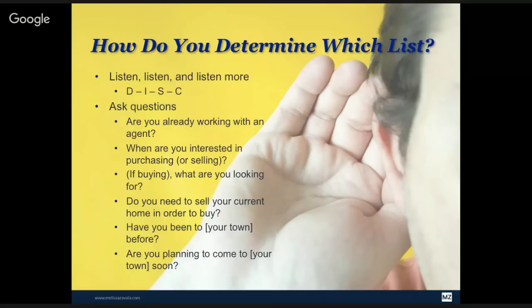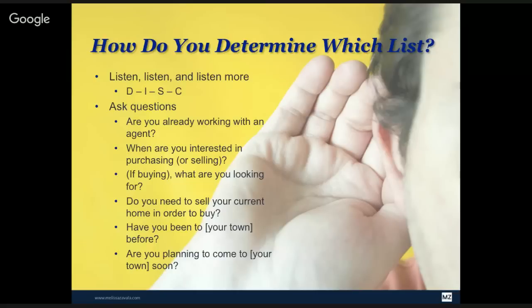So for example, if they're high I, they're probably telling you that they're very concerned about the schools, they're very concerned about the neighborhood, they want to know what sports are going on at the local parks, they want to know how close the proximity is to X mall or X restaurant or X activities that they're already doing. So they're very high I. So you can focus your conversations with them and the information you send them on stuff that will support that high interactive.